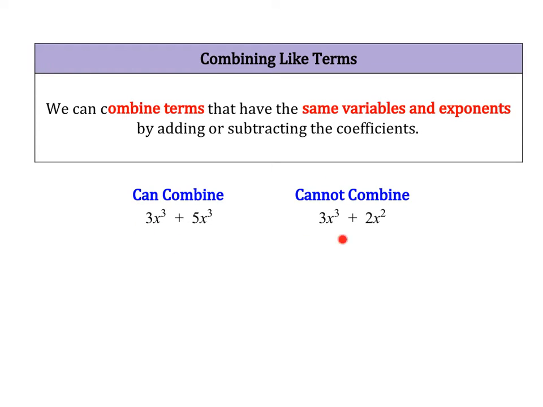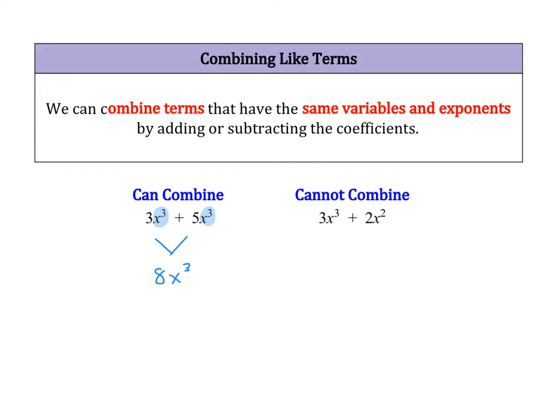If you look at these two examples here, here's an example of two terms we can combine. We have 3x cubed and 5x cubed. Since they both have the same variable and exponent, x cubed, these are two terms that we can combine. All we're going to do is add up the coefficients. 3 plus 5 is 8, so we have 8x cubed. Notice when we combine the terms, the variable and the exponent don't change. The only thing that changes is the coefficient, which really is just telling you how many of that type of